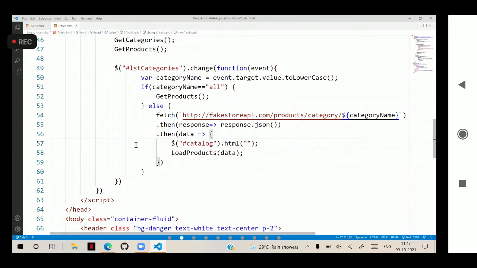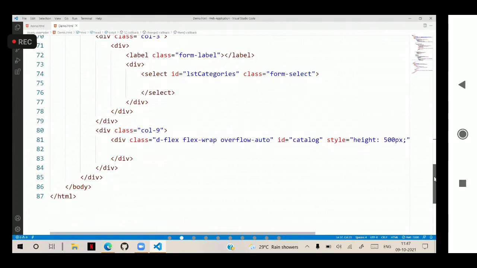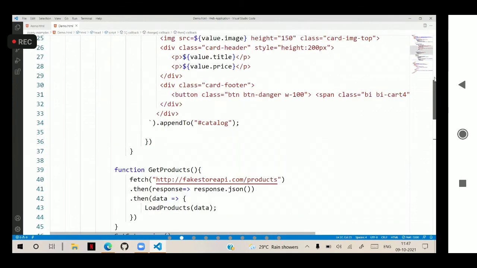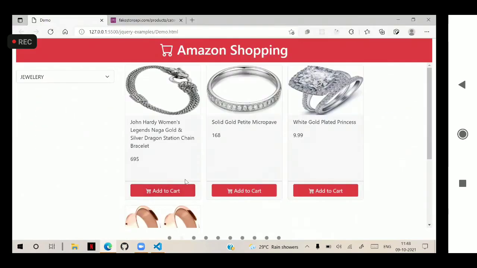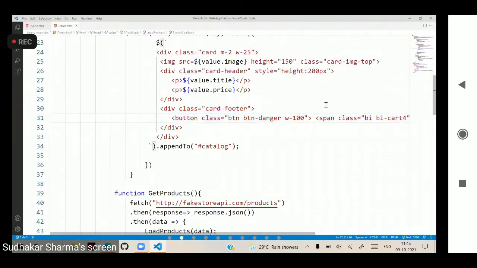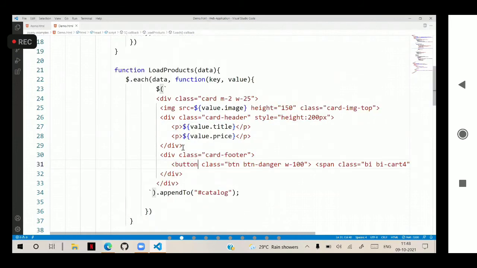But one issue you will face here is the challenging one, because of the add to cart button. You created this add to cart button dynamically actually. This button is generated through dynamic logic code.